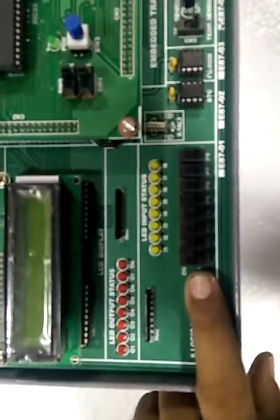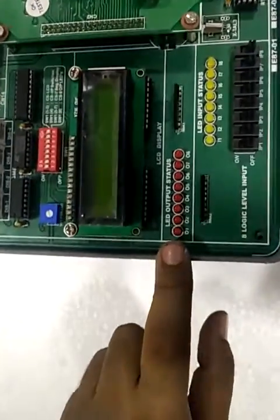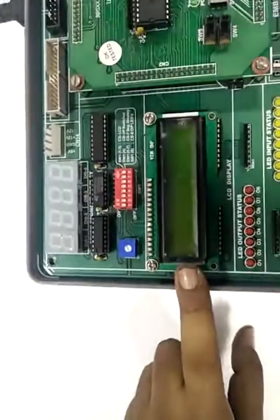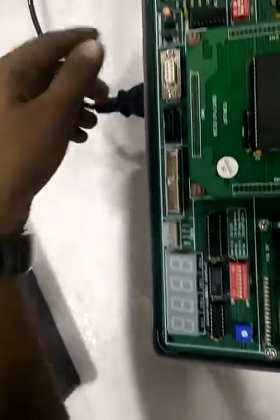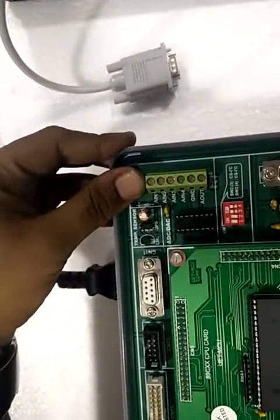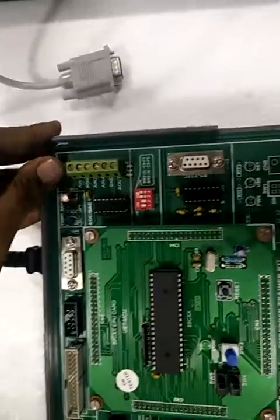8 digital input switches to give digital input indicated by yellow color LEDs, 8 digital output indicated by red color LEDs, 16x2 LCD display, 4 digit 7 segment display, LM35 temperature sensor to give integer value of the temperature, 4 channel 8-bit ADC and 1 channel 8-bit DAC using PCF 8591,